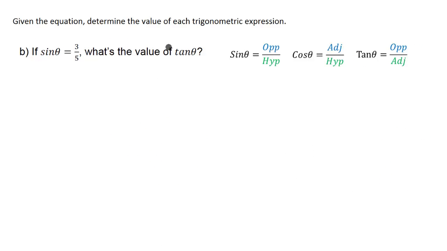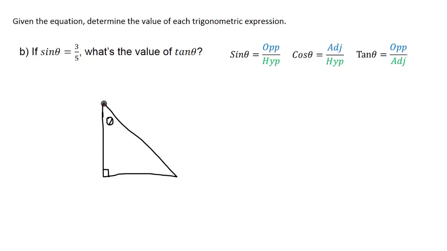Part B is going to be done the same way, except we're looking for tangent of theta. So the first thing I'm going to do is draw another right triangle. There it is. And just to do something different, I'll put theta up here just to show you it doesn't really matter where it goes because you're going to plug in the sides accordingly. Now, we have sine of theta right here, but before we even do that, let's just go ahead and label